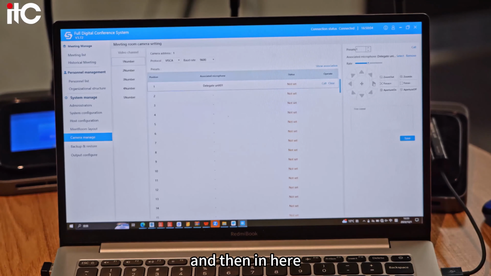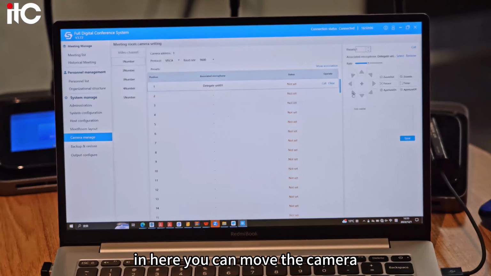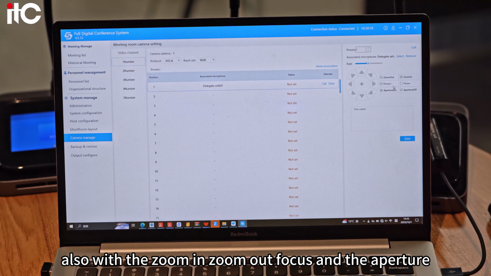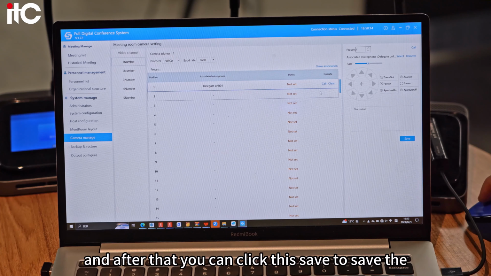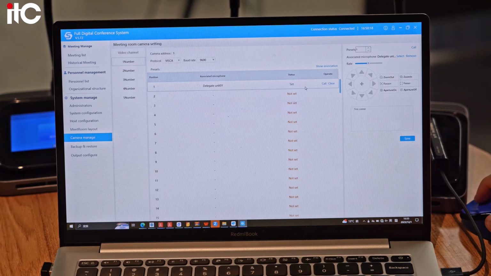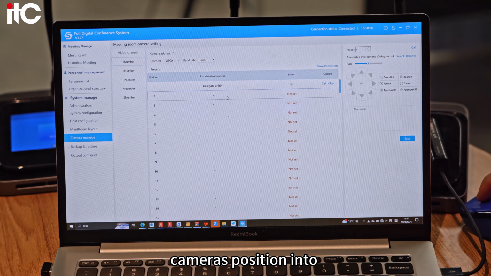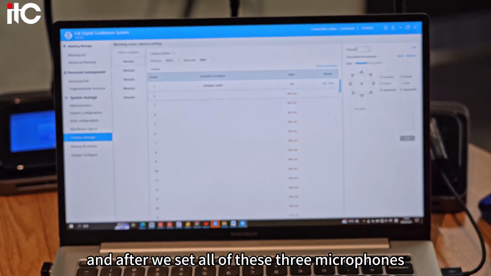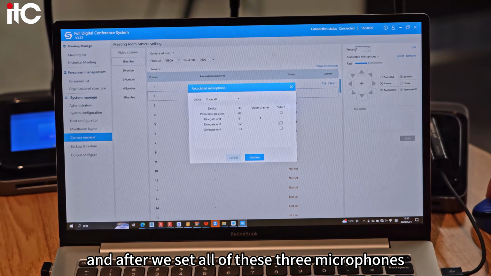And then here you can move the camera, also with zoom in, zoom out, focus, and the aperture. After that, you can click this save to save the camera's position related to these delegate units. And after we set all of these 3 microphones,